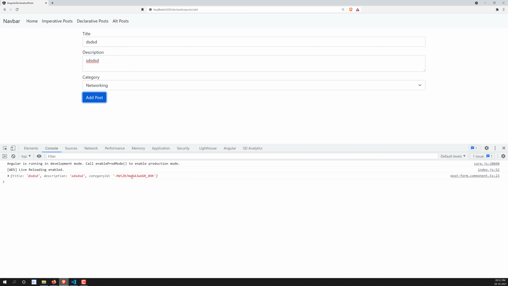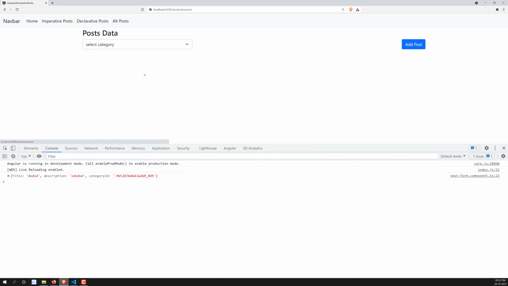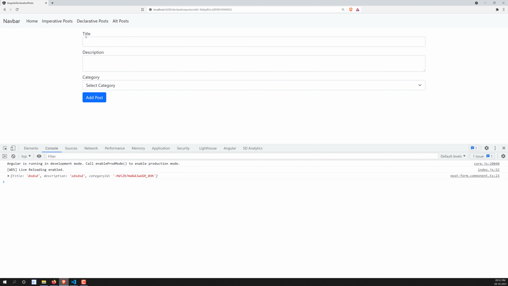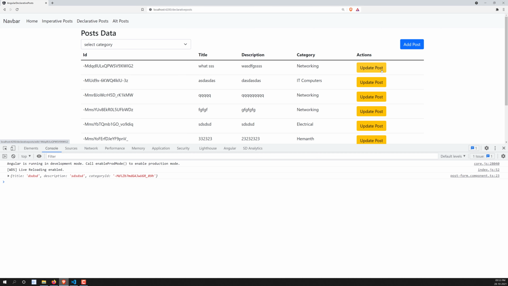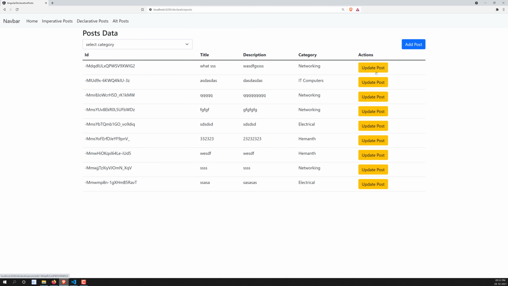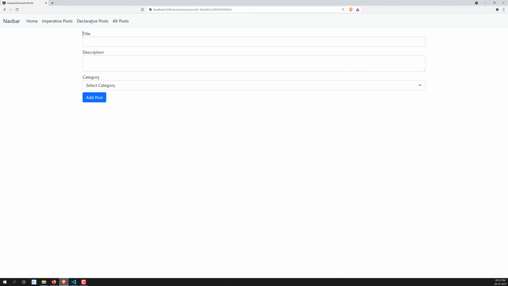Now what I want to do, so first step is completed. What is that one? We have bound the reactive forms module to the post form. Now the requirement is, for example, when I go here and click on the update post, I need to pre-populate the details. For the post that the user has selected here, we need to populate that in the respective title, description, and select category. Otherwise, when the user clicks on the add post, there is no need to populate, because he is trying to add a new post. So there is no need to have title, description, category pre-selected.